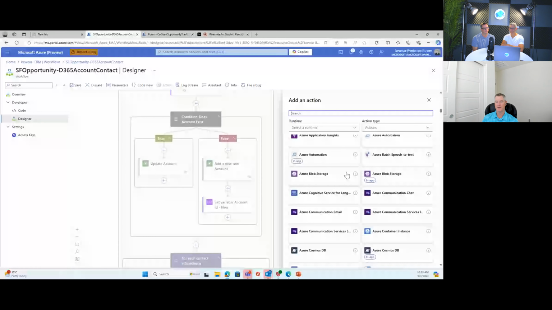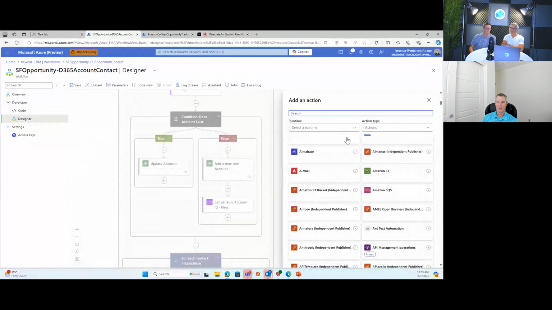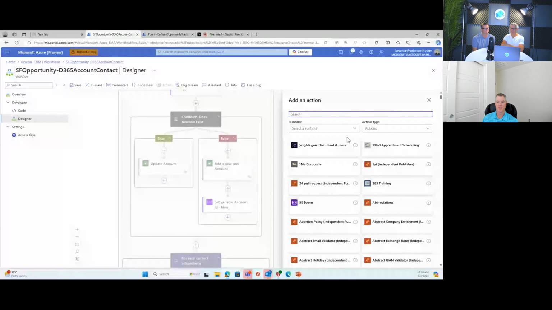And so Logic Apps, we're in this unique situation because of our Logic Apps Standard offering, which is actually a single tenant experience. It allows us to provide the best of both worlds. So when we see these Azure connectors here that I'm showing you right now, those are hosted in Azure, and those are broadly available, as I mentioned. But there's some things that come with that because of the nature of those other services being multi-tenant. They are hosted in Azure, and as a result, there are going to be some constraints on rate limiting to ensure that the service is running smoothly and that you don't have noisy neighborhood situations.